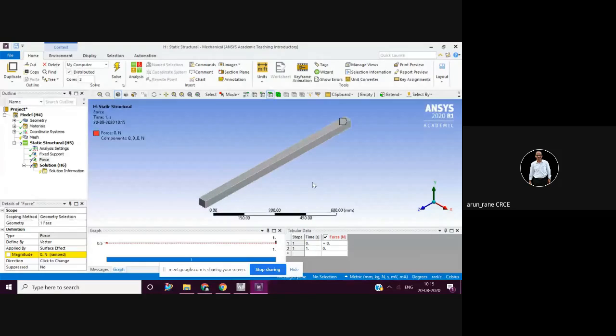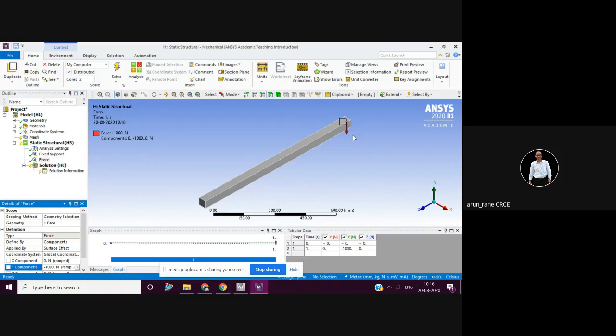Okay, let me enlarge it a little. Orient it. Okay. Now I'll change it. This is a vector. I'll change it to components. That means I can apply in X, Y, and Z. Then Y component. Let me select Y component. So let me apply the force as -1000 because Y direction is like this. Z direction: if you want to apply the force like this, then obviously you have to apply in Z. If you want to apply the force like this, then you give the X component. This is obvious. Okay. So 1000 Newton.